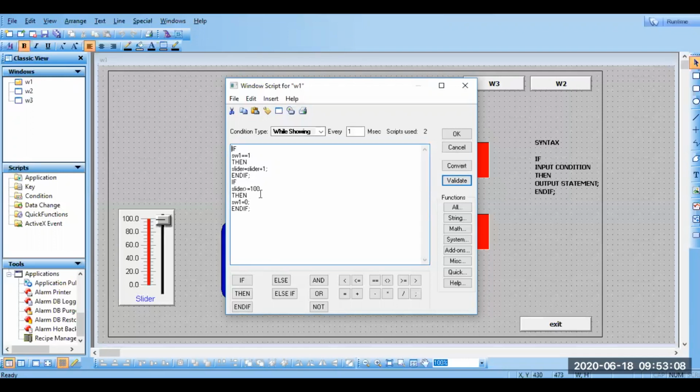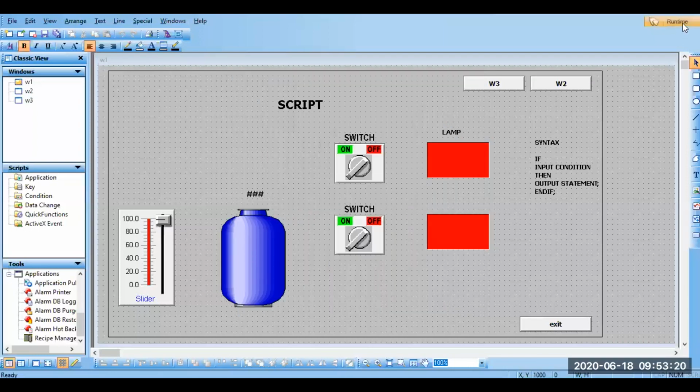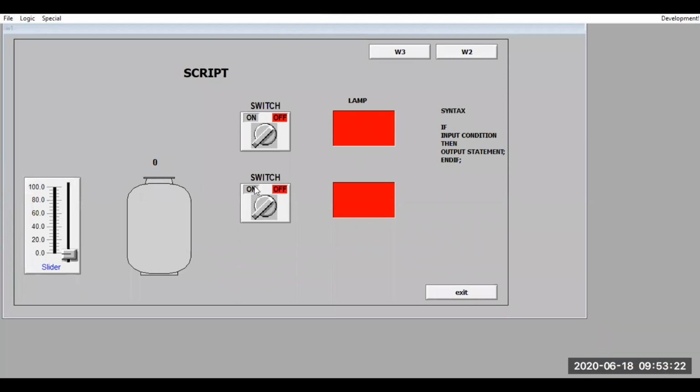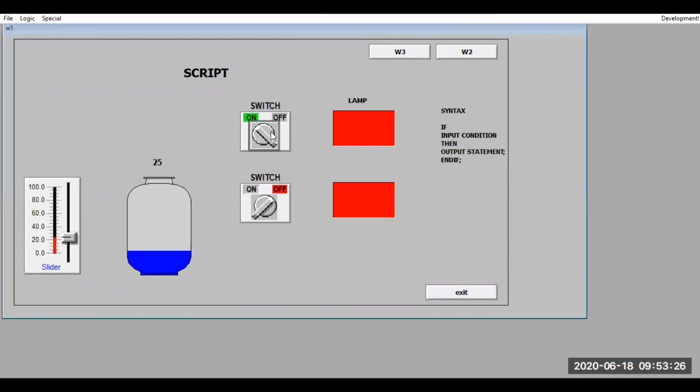What I have done? See, I have made it automatic. There is no need for us to turn off the switch ourselves. Let it happen automatically. Okay. Go for OK. Go for runtime. Now you are turning on. It is increasing. Once it reaches 100, because of our statement, the switch will be off.